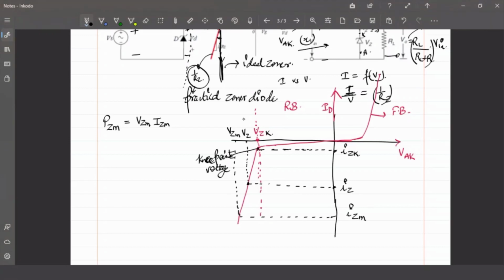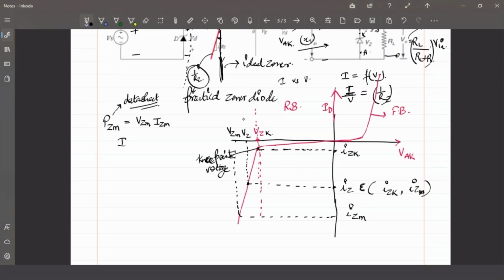That means this IZ point, or this operating point, the general operating point, or the test point, let's say, has a minimum and maximum value. What is this? I can say IZ belongs to a range. What is this range? The minimum and maximum value. So it goes from the knee voltage current up to the maximum value IZM. And how do you find out this maximum value? The maximum value is found out by the maximum power dissipation capability of the device. This is a value which is available in the data sheet